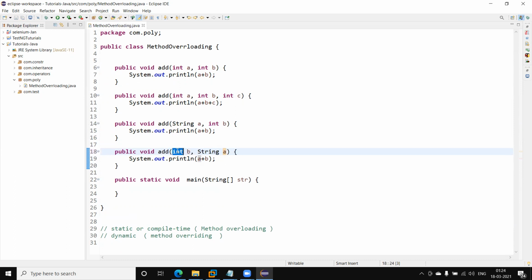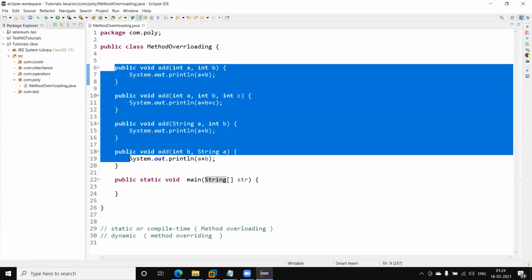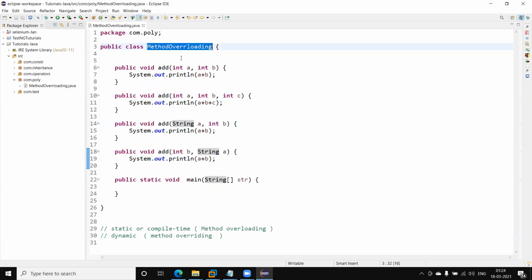First I am passing an integer, then a string, and here first a string, then an integer. Here the number of arguments is different. In this one, the number of arguments is the same, but the type of arguments is different. So these are the cases when a method is overloaded.